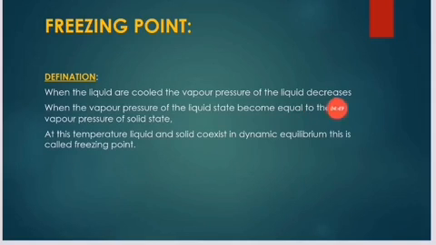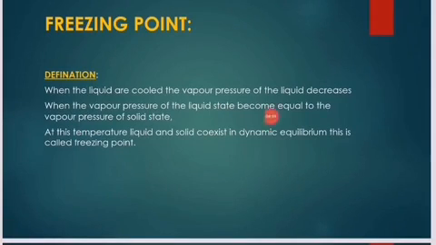Whenever the vapor pressure of a liquid decreases until the vapor pressure of the liquid state becomes equal to the vapor pressure of the solid state, that temperature is known as its freezing point. So basically at that temperature, liquid and solid states will coexist in dynamic equilibrium. Below that temperature is freezing, and above that temperature is melting. So liquid and solid coexist at a certain point, and that temperature is known as its